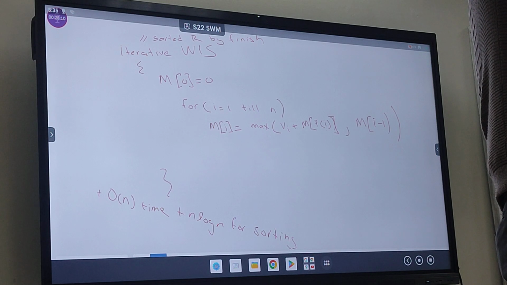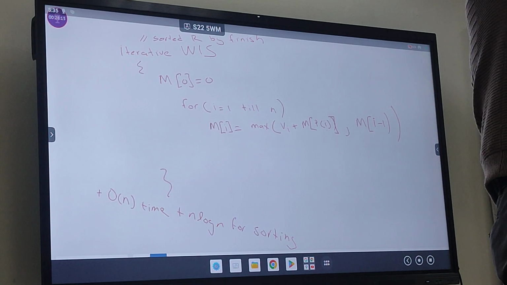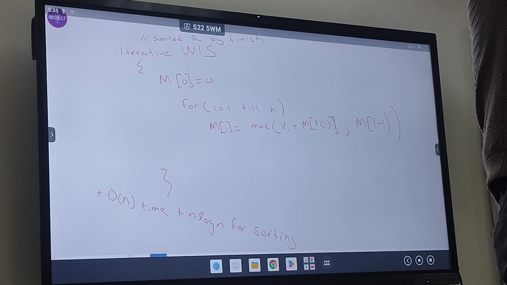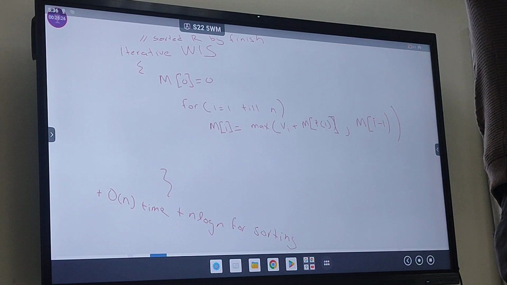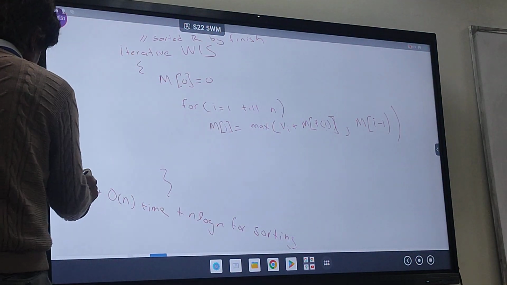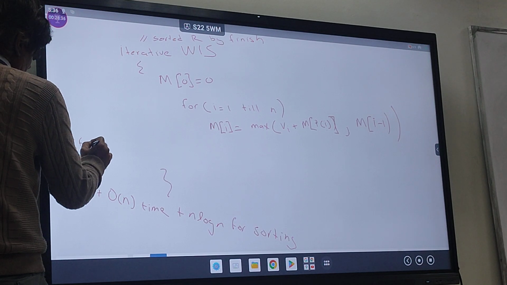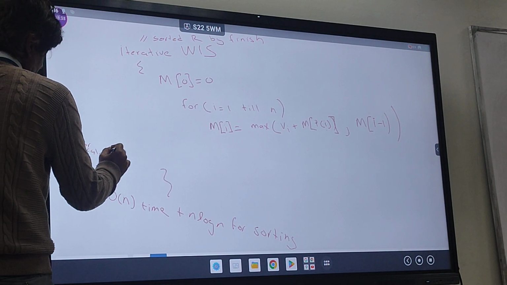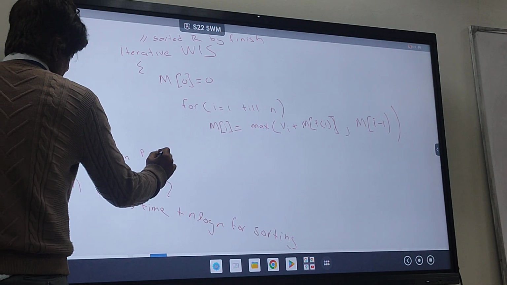Is the starting time less than or greater than the finishing time? If it's less than the finishing time, it's overlapping. If it's greater than, it's not overlapping. So it just takes order of n time. So I can even write that n time for calculating the P array.